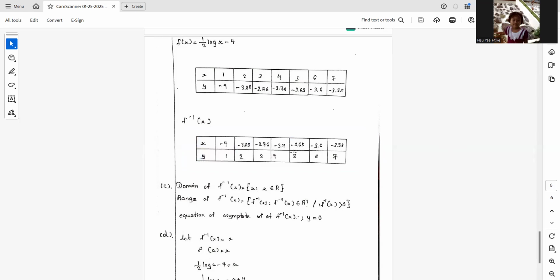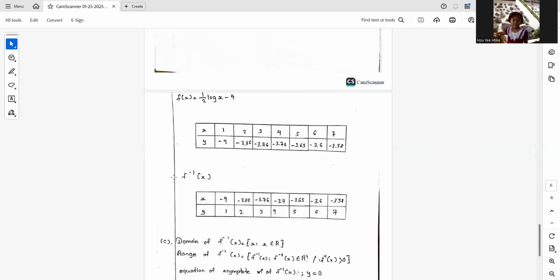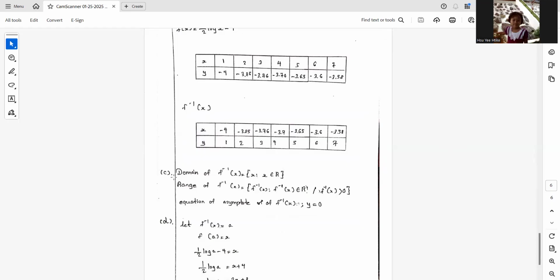And for question number C, I have to write the domain, range, and equation of the asymptote of f inverse of x. So for the domain of f inverse of x, the value of x belongs to R. The value of x can be anything within the real numbers. And the range of f inverse of x is such that f inverse of x is greater than 0 and f inverse of x belongs to the real numbers. This is because